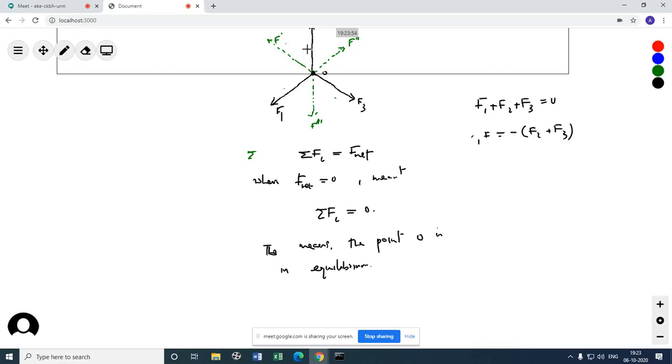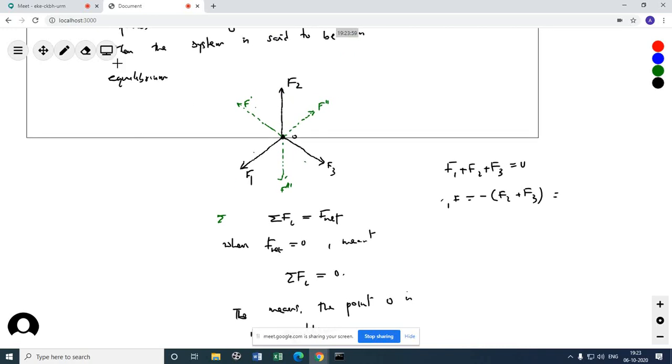And you can check it. F2 plus F3 is which one? F2 vector plus F3 vector. I can use the triangle law of vector addition to explain this. So if I take this one, this is F3. Then this one would be what? You can see it is going this way. This is F double dash. So this is equal to F double dash. This is what I was saying. So F1 is equal and opposite to F double dash. Isn't this again Newton's third law?